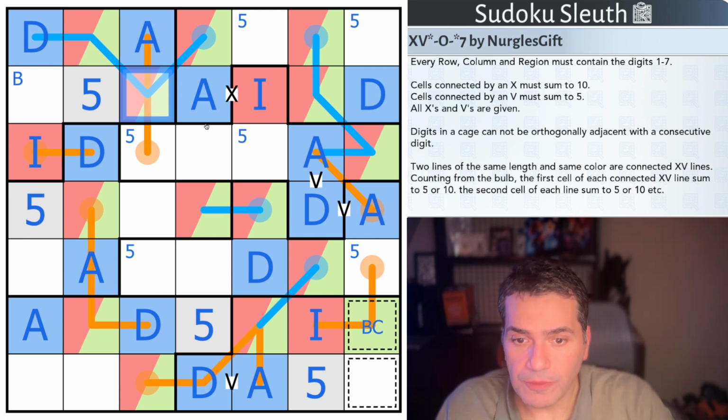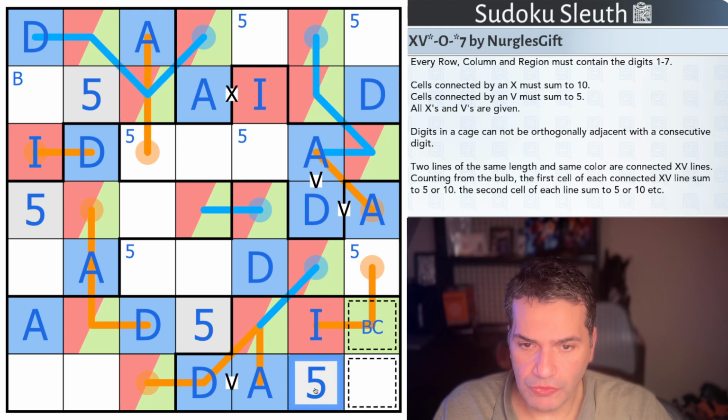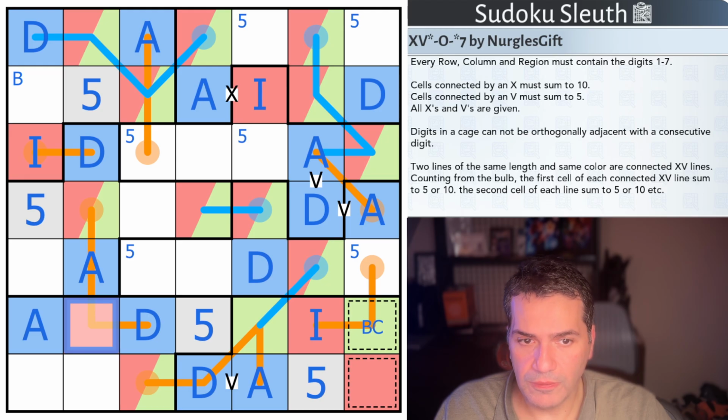Of course it is. This cell is not 5 or blue. So this is green-red. If it's green, it's broken. It's red. Therefore, this is green. That's my 2 greens. This has to be red. Then I'm just going to pick at random. This is B. This is C. And therefore,